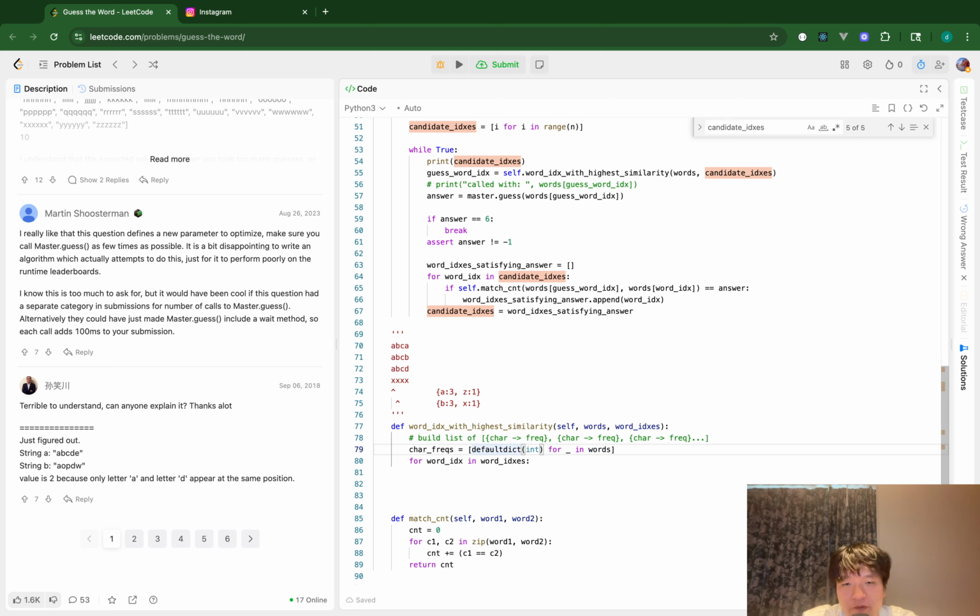Okay, so firstly, I initiate this char frequency. So next, I will take a look at each word index. And for each word,